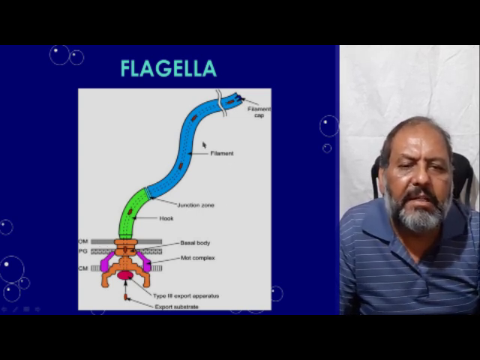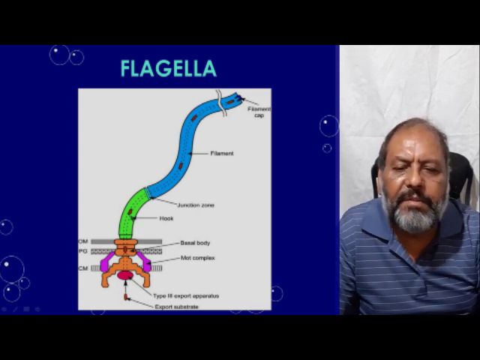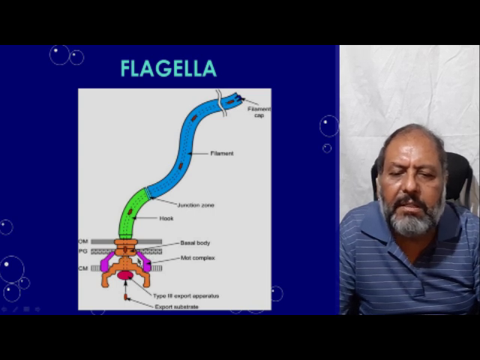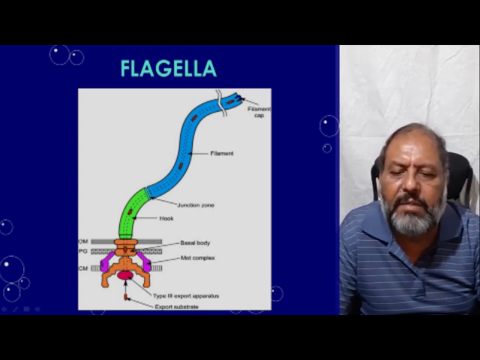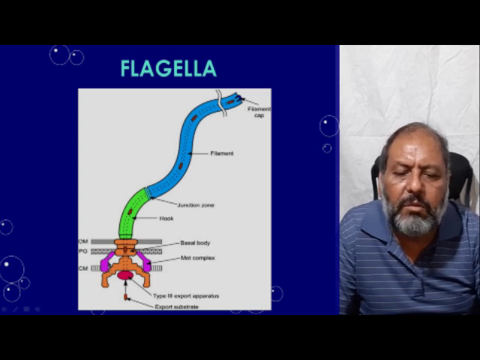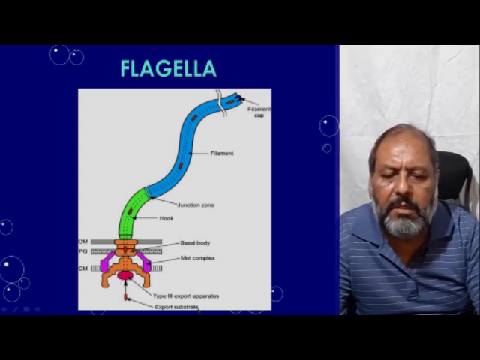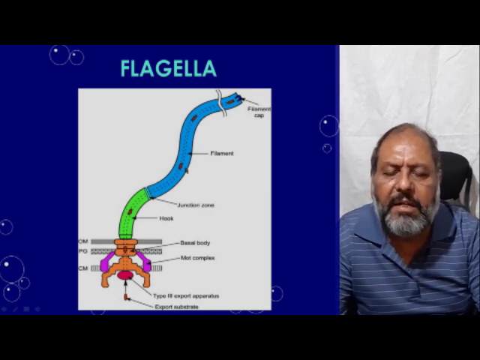Here one can see the filament and filament cap, then there is the hook, and this is the basal body and the motor complex. By virtue of that they are able to move, and here is the export substrate which moves inside the flagellum